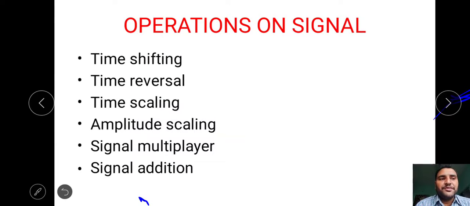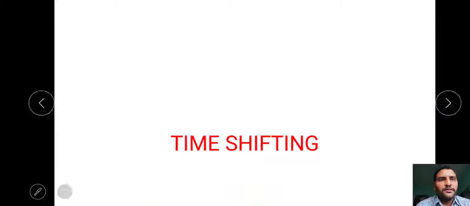First one, time shifting, time reversal, time scaling, amplitude scaling, signal multiplier, and signal addition. These are some basic operations which we have to perform on signals. Okay, let's see one by one what is the use. Coming to the time shifting,